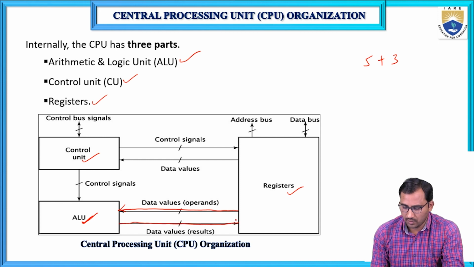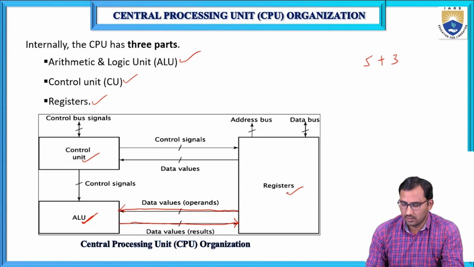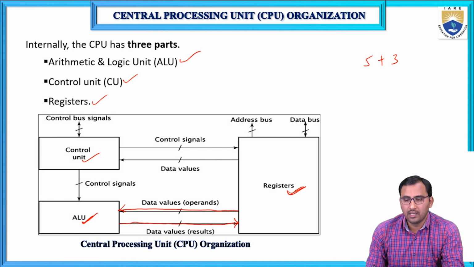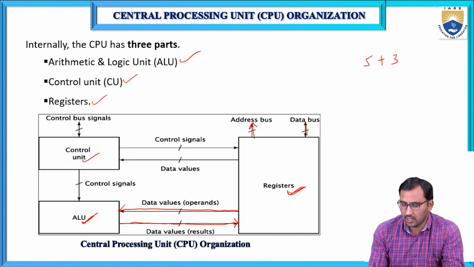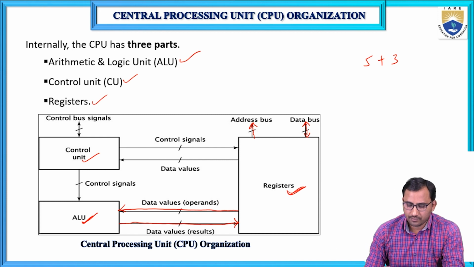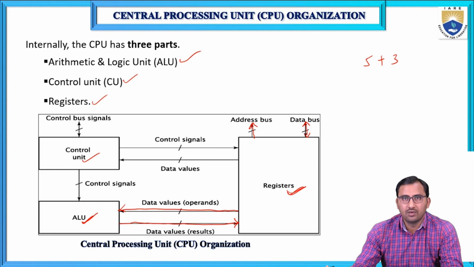So once the operation is completed, the results are again stored in the register section. And this register section communicates with two types of buses: one is the address bus and another one is the data bus. These are the two buses that communicate with the registers in order to transfer the data. Okay, so this is a CPU organization